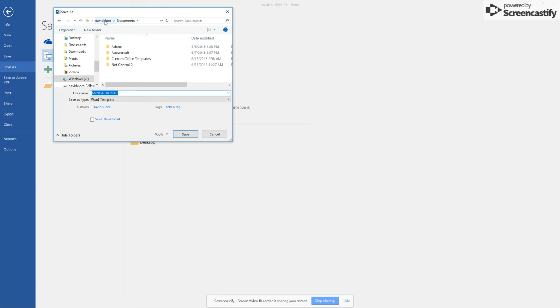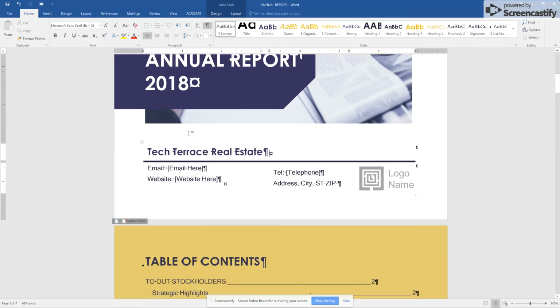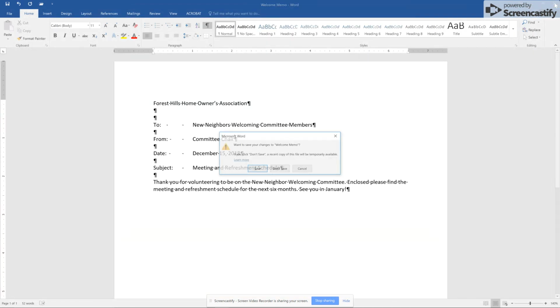It says David Clore, Documents, and then Custom Office Templates. That's what we want it to be, instead of our student folder. We want Custom Office Templates. Click Save. Then we're going to close that and then close these other documents we've been working